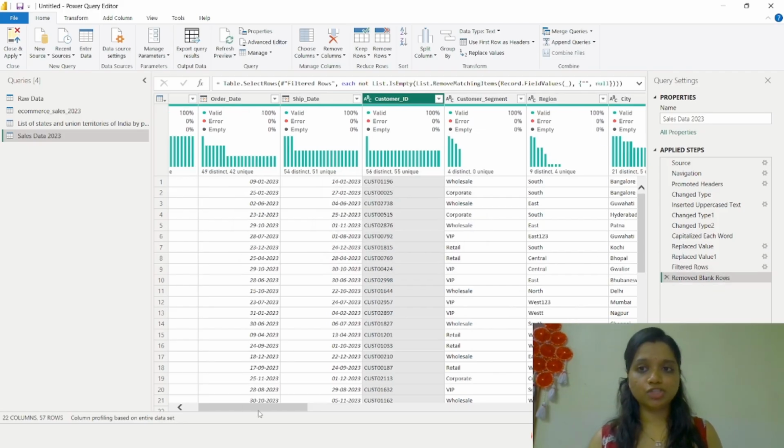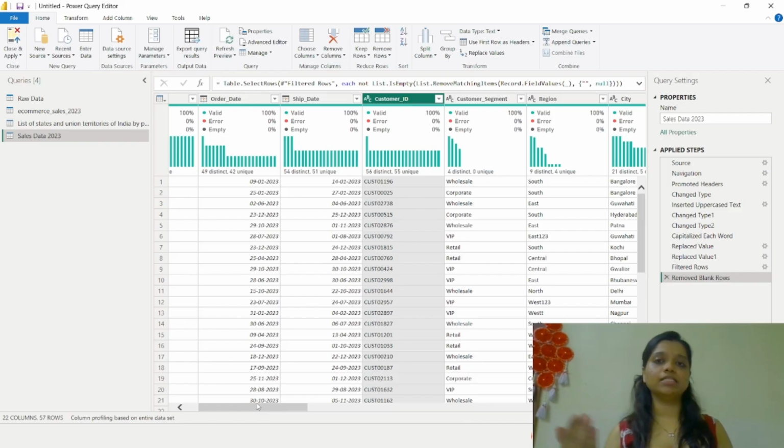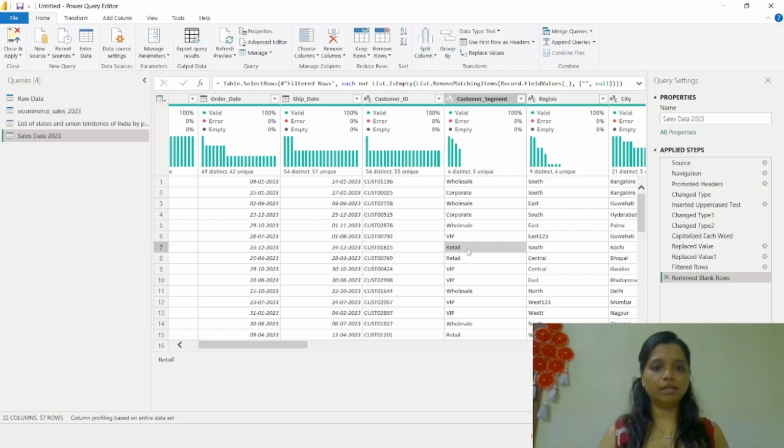One more thing to check for is leading spaces. Sometimes they are identifiable in Power BI. For example, instead of this retail, if there is a space and then retail, then we can identify that there is a space before this retail. But sometimes people mistakenly type a space after the text, which we can't even see.